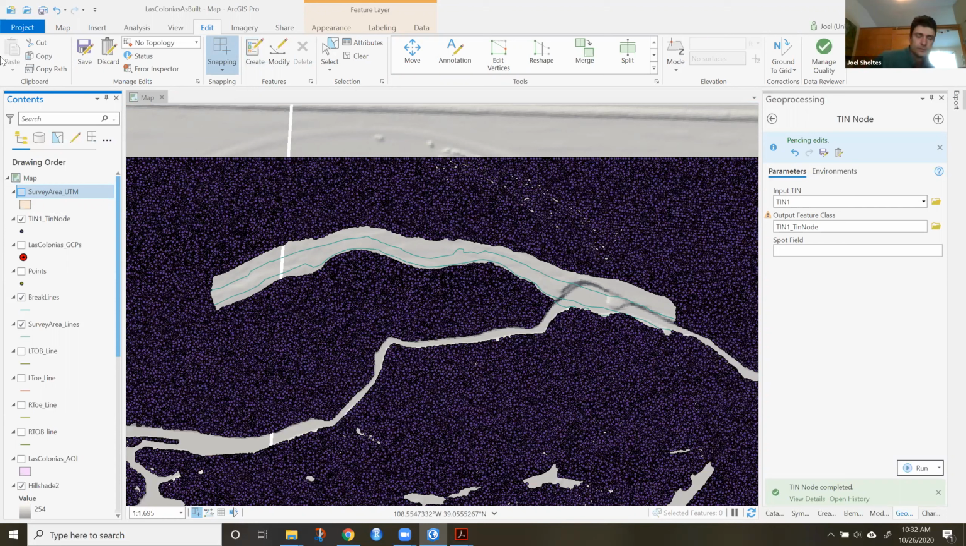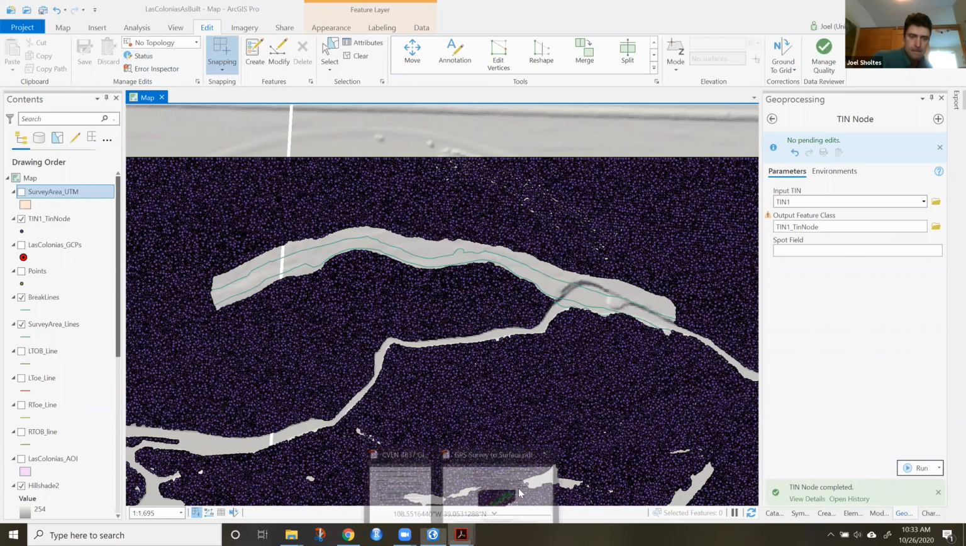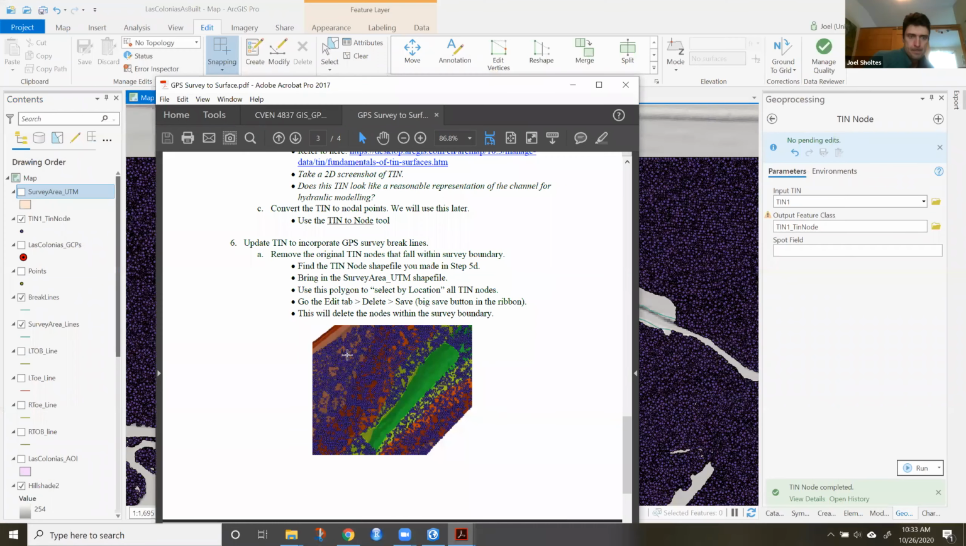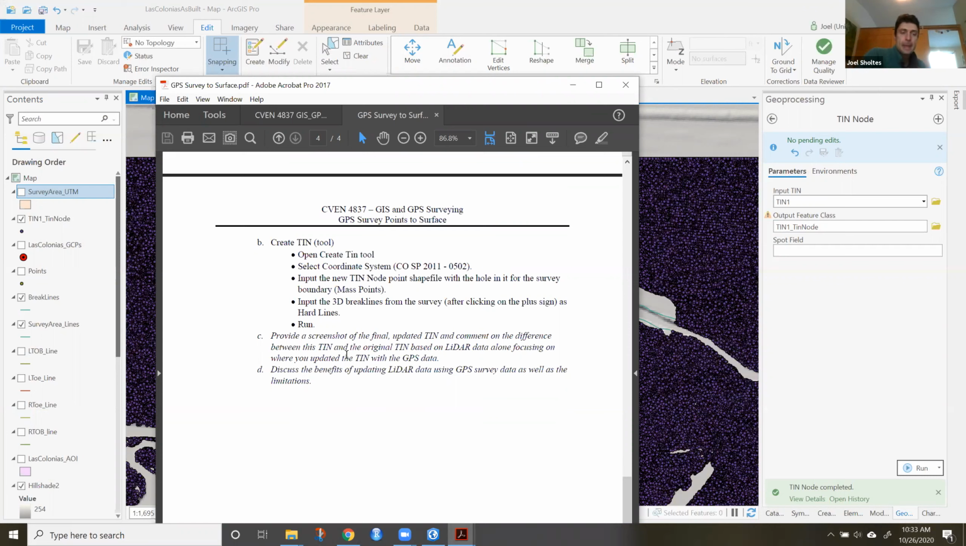I'll save that. Now it's locked in. Okay, last step really. Now that we've created this TIN based on the ground points of the LiDAR